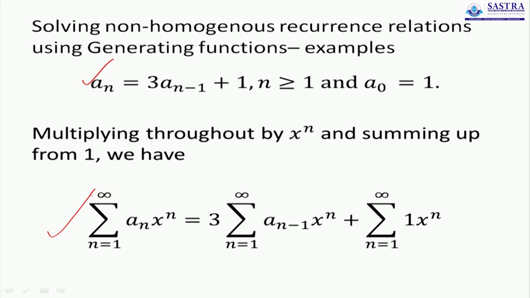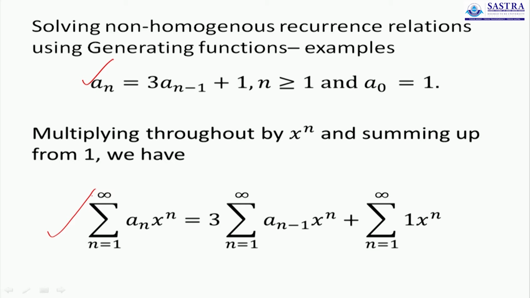Okay. Now look at the 3 parts of the summation equation. The one on the right is the most simple, because it is just going to be powers of x. There is no constant involved except 1. That's going to be the easiest part to solve. Look at the other two. The other two summations are where the recurrence relation is actually playing a role. Now that is where we have to deal with it very carefully.